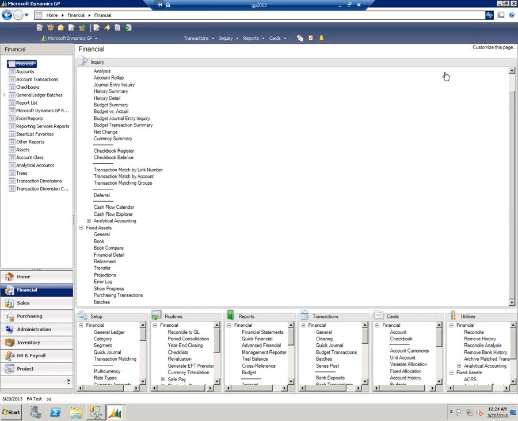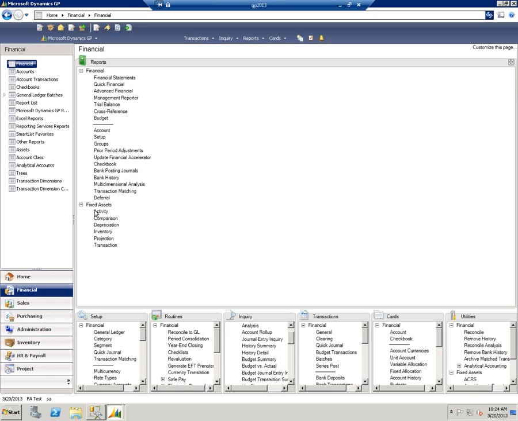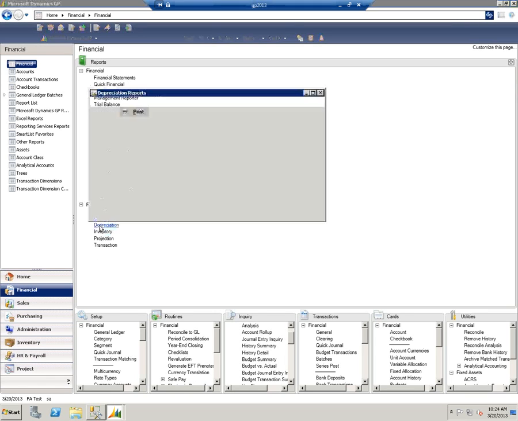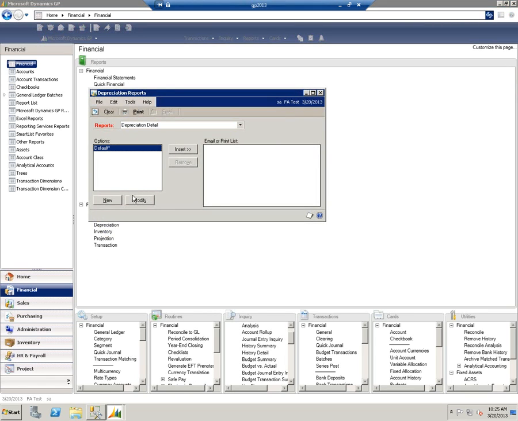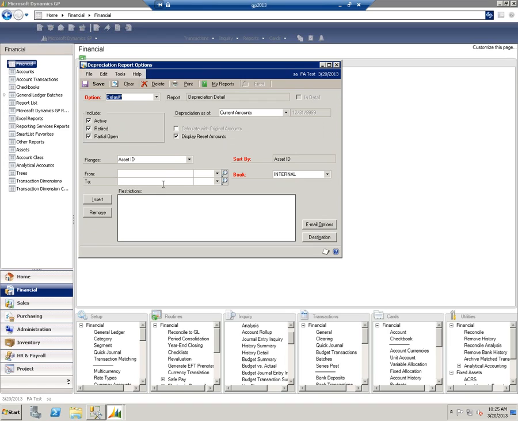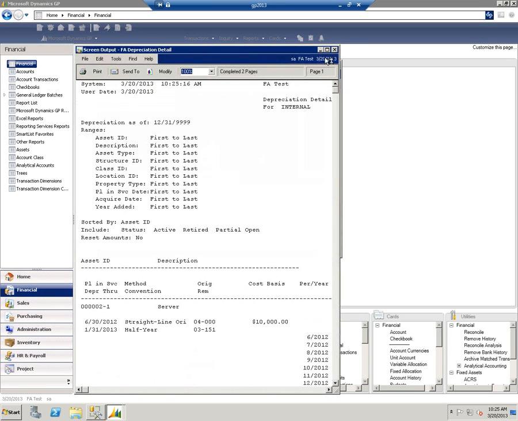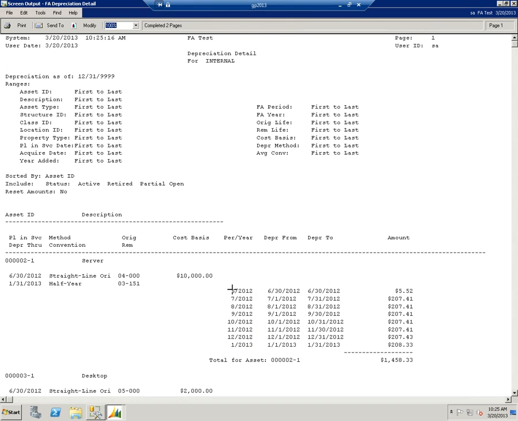Similarly, if I go to my reports, if I go to my depreciation report and depreciation detail, a couple things I want to show here before I even get to the reset amounts. First of all, you see this says current amounts. If I hit print here, I'm seeing